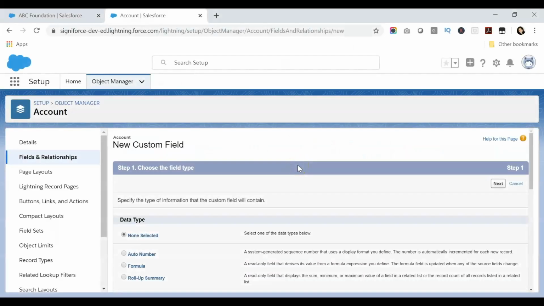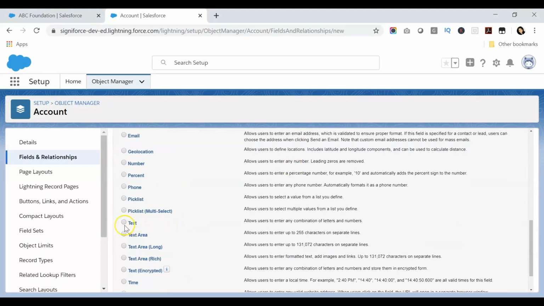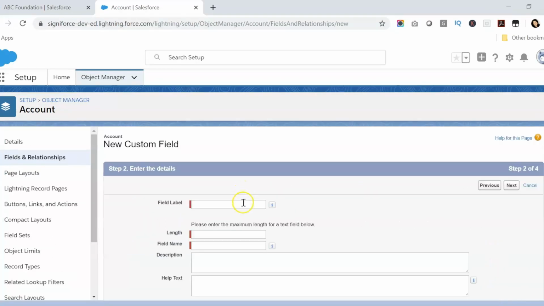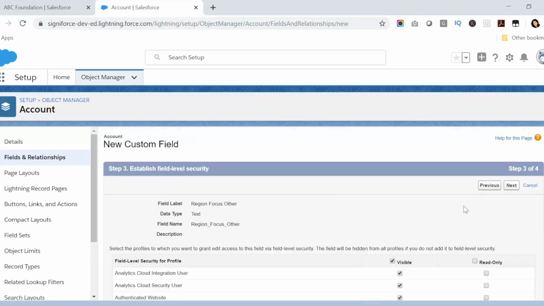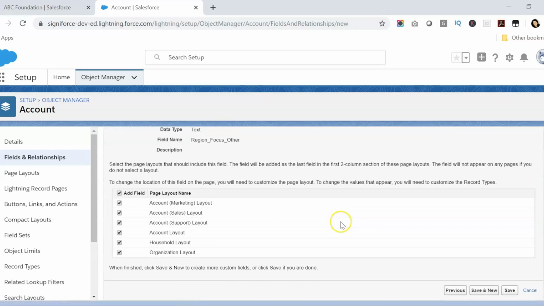I'm going to create a new field called Region Focus Other, which will be a text field. So I'm going to select text, click Next, and then I'm going to enter the field label, which is Region Focus Other. And I'm going to allow users up to 100 characters for this field. And then I'm going to press Next. I will make this visible to all profiles, press Next, and then I will add it to my organization page